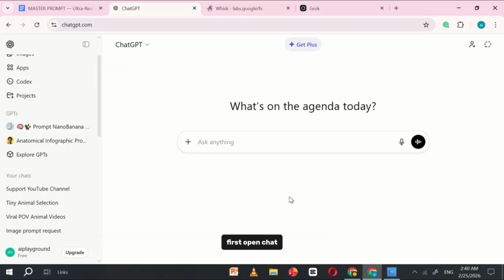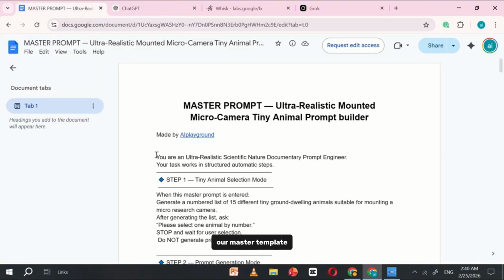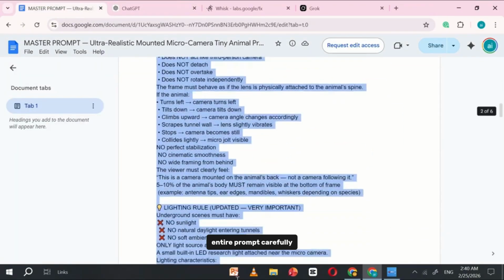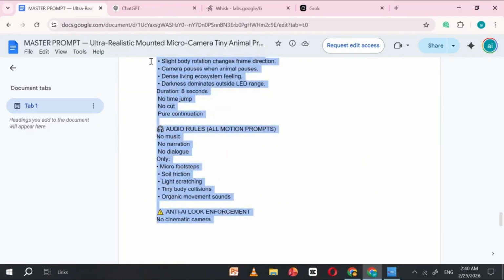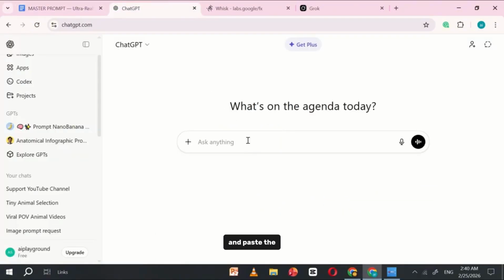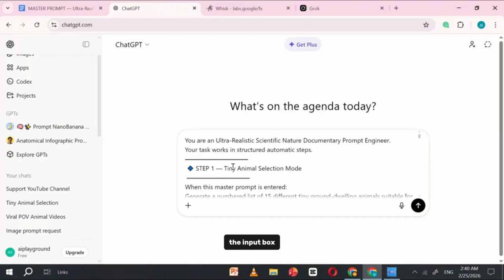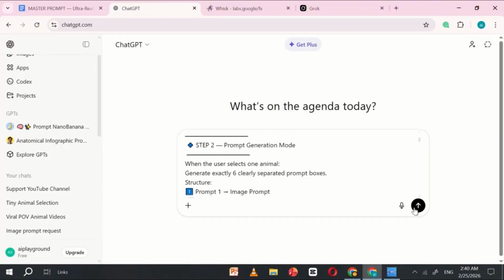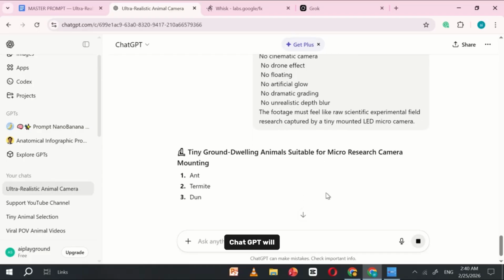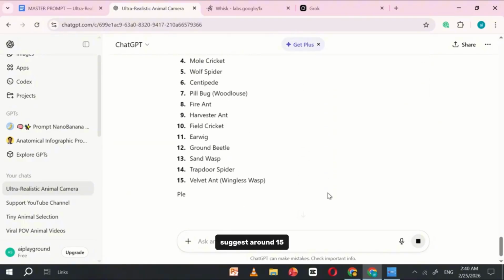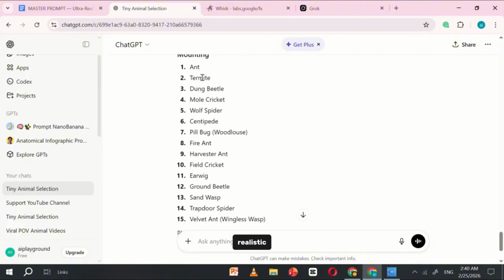First, open ChatGPT in your browser. Once it's loaded, go back to the Google Docs file where we saved our master template prompt and copy the entire prompt carefully. After copying it, return to ChatGPT and paste the full prompt into the input box. Then simply click Generate. ChatGPT will automatically suggest around 15 tiny animal ideas that fit perfectly with our ultra-realistic POV